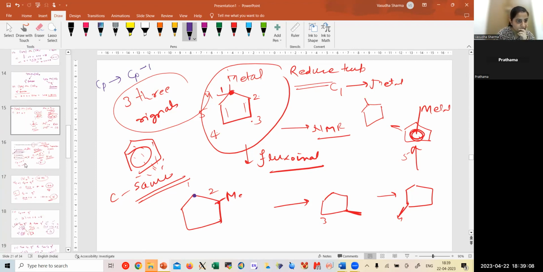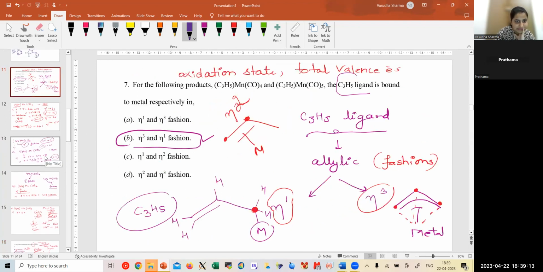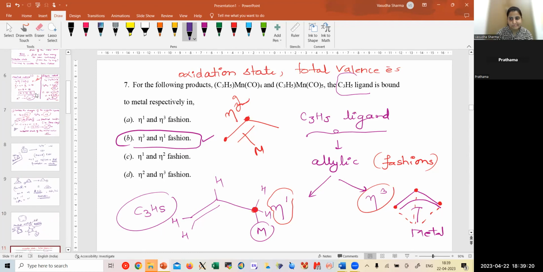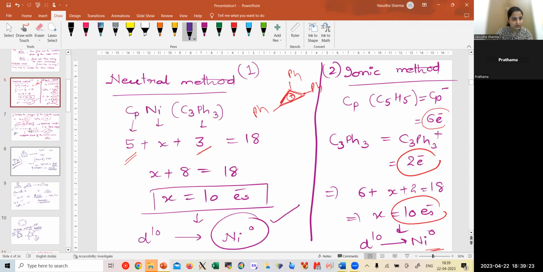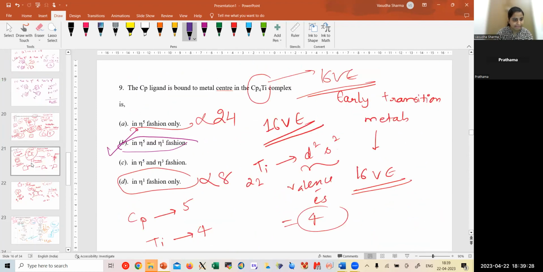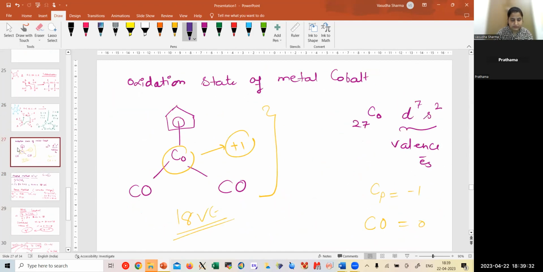I will show you here where we have that manganese. Here it is in 0 oxidation state. So here also it was having a CP ring, right? So if I'm taking an 18 valence electron, did I consider the cobalt as a +1 oxidation